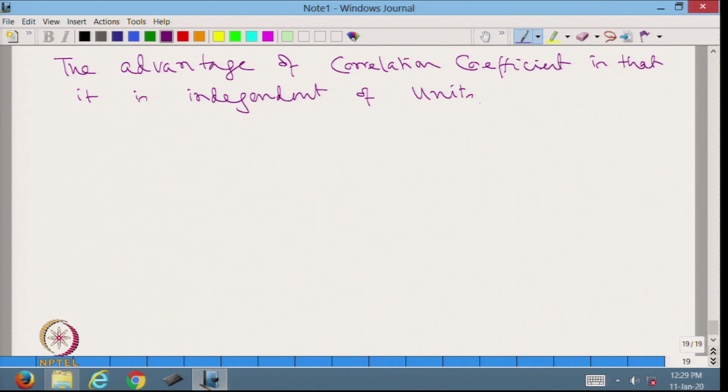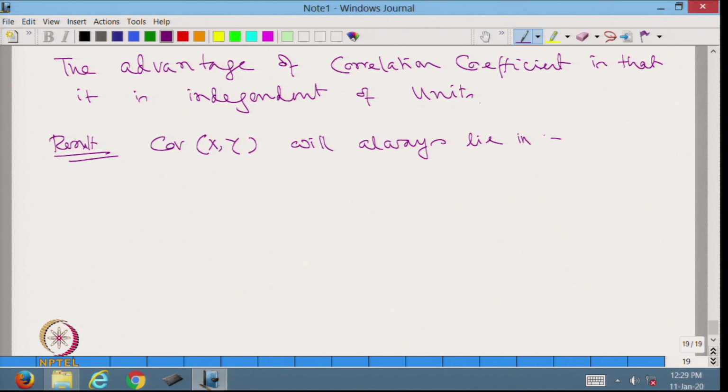So, this gives us a better objective view of the association of x and y. Result: the correlation coefficient of x and y will always lie in -1 to +1. Proof: